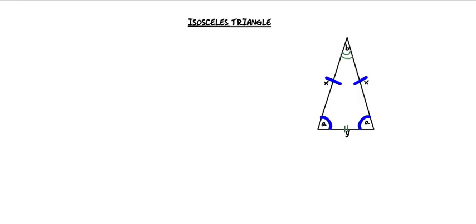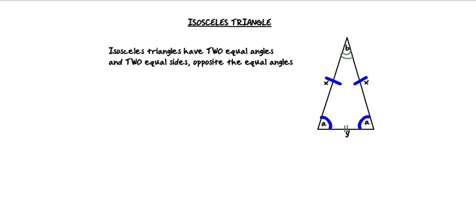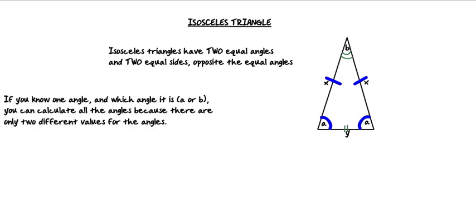So an isosceles triangle has two equal angles, and the two sides opposite our two equal angles are of equal length. So we have two equal angles, two equal sides. Then we have a third side that is different and a third angle that is different. And if we know one angle and which angle it is, whether it's angle A, one of the two similar angles, or angle B, the different angle, you can calculate all of the angles because there are only two different variables for the angles. We have two different values, so if we know one, then we just have to solve